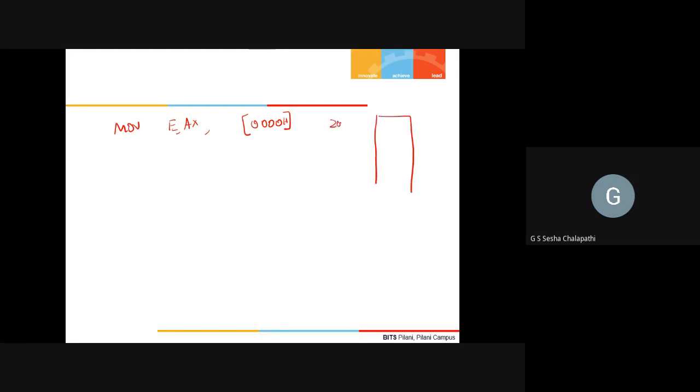This is 20,000H. 4223, let us have the same values. If you had FF, then what would you have? The EAX value after the execution of this instruction will be 4223FFFFH. Right.